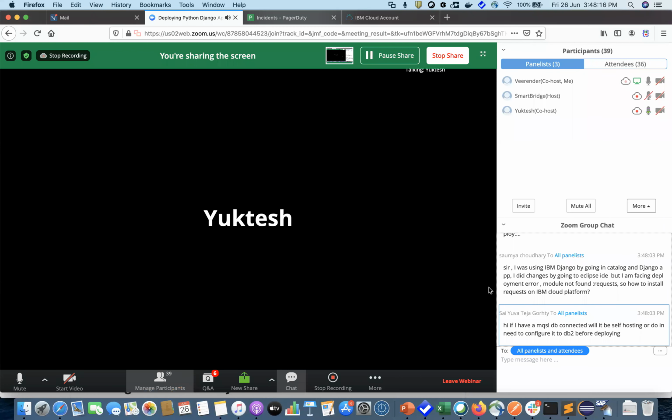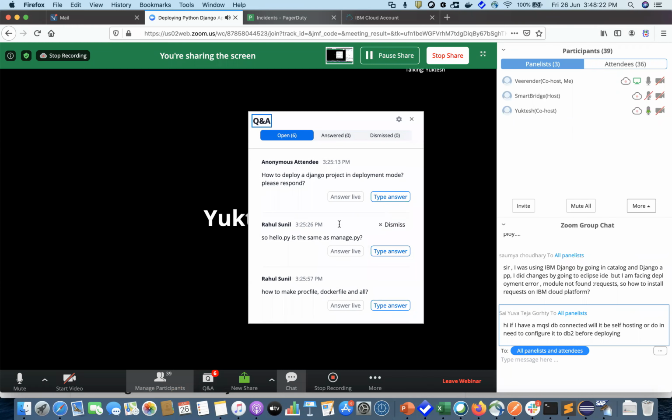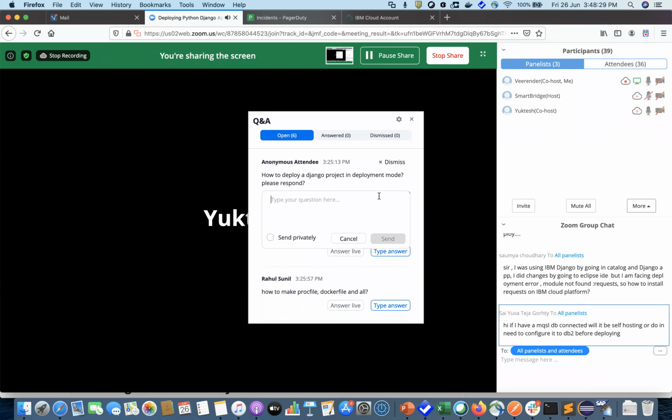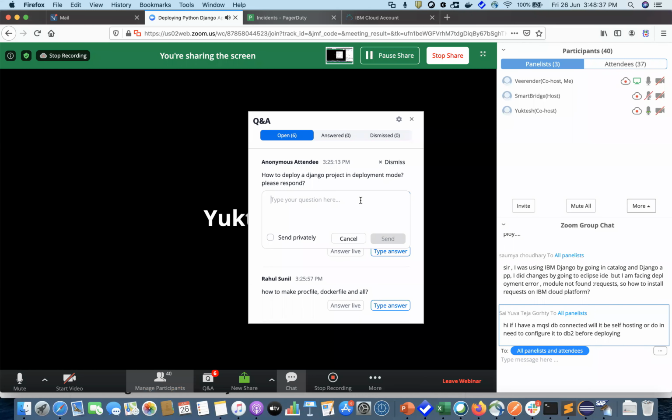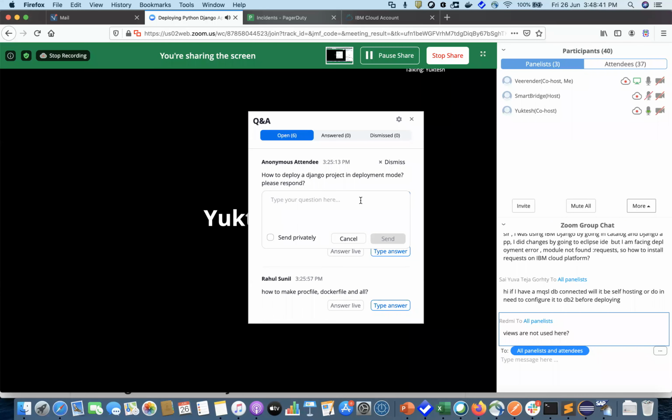Hey guys, people who are new to Django, I have just shared a link to one of the blogs I've written. If you go through that link, you will get to know what manage.py is, what settings.py is, virtualenv, and how to install that in Python. All the basic stuff regarding Python and Django will become clear. It has nothing to do with the IBM Cloud. It's specific to Python and Django, on how to build a simple application.